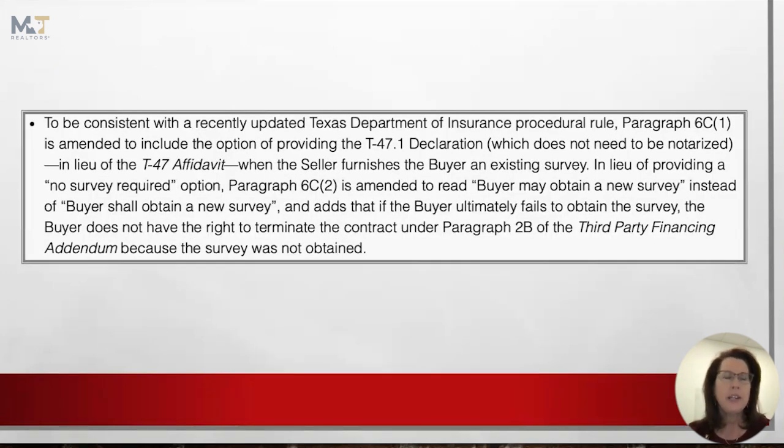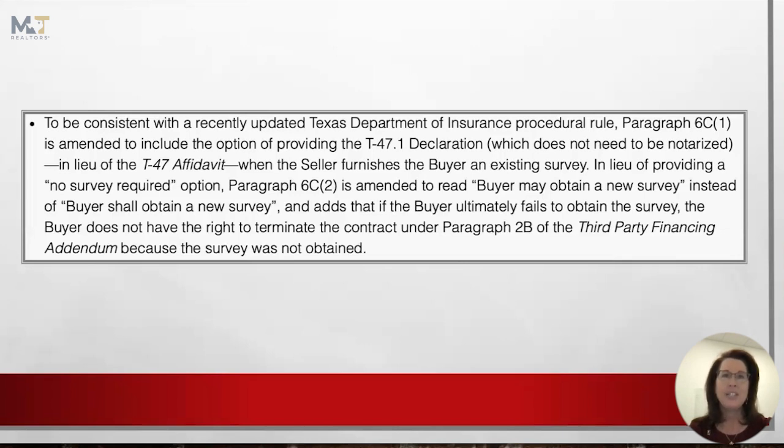Another change is to be consistent with the recent update from the Texas Department of Insurance procedural rule. Paragraph 6C1 is amended to include the option of providing the T-47.1 declaration, which does not need to be notarized, in lieu of the T-47 affidavit, which needs to be notarized, when the seller furnishes the buyer an existing survey. So in lieu of providing a no survey requirement option,